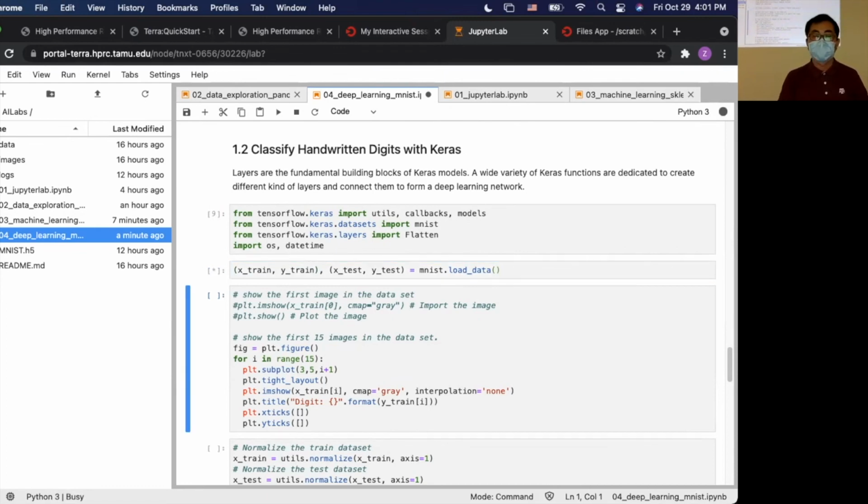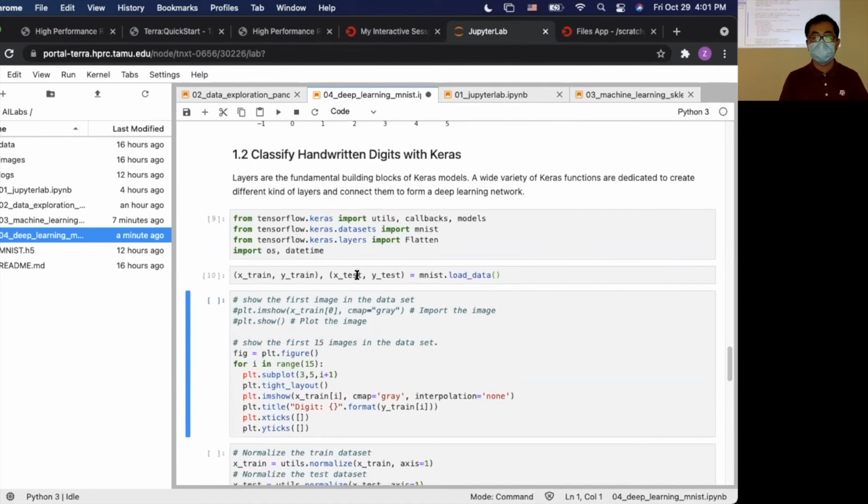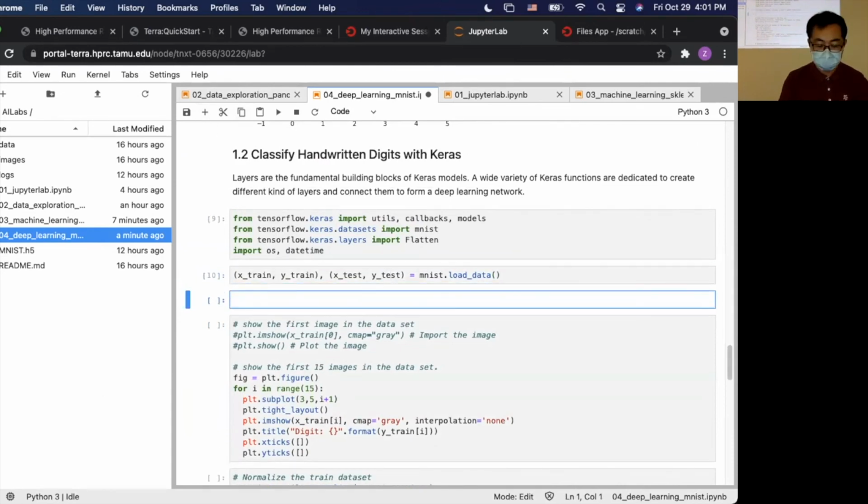If we split these data into training data set and test data set, let's think how many training samples we have.